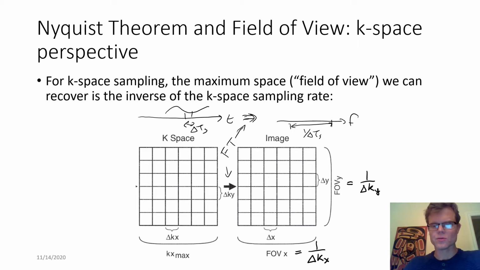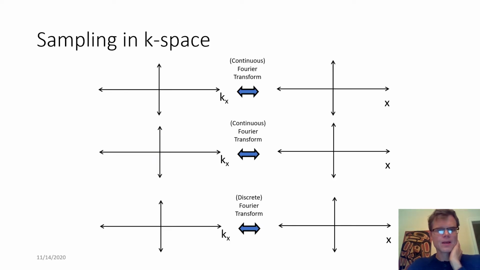And so that's what these two relationships here are going to say. This is what Nyquist tells us, that the field of view is proportional to the inverse of the sample spacing in the k-space-based domain. Okay, so let's